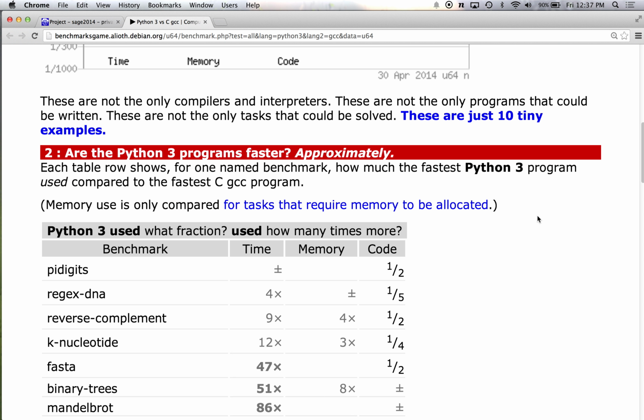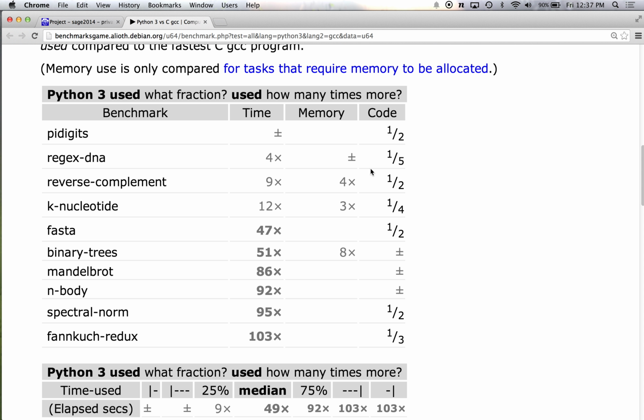In any case, let's just look at a few of these. Here I'm comparing for the benchmarks that they have here. The two languages are C and Python. And the factor in time is how much longer the Python program takes than the corresponding C program.